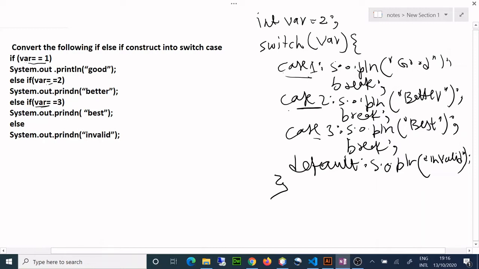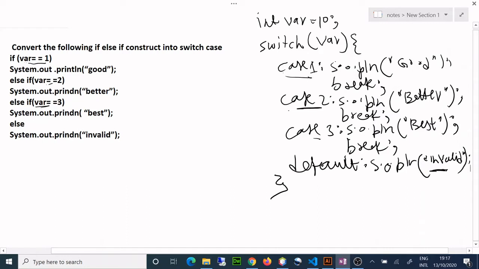If the choice is 3, it will print best. If my choice is, let's say, 10, there is no case 10, so case 10 means default. It will come here and it will say invalid. So that's how we actually convert an if statement into a switch statement.